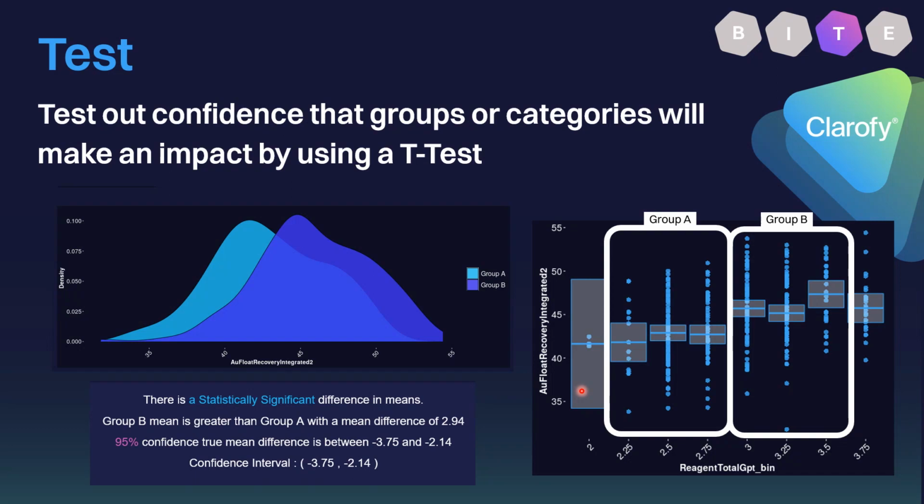Okay, so with t-tests, all we're trying to find out is, when we've got two groups, is the difference between the means of those two groups due to natural noise, or is it statistically significant that these two groups are different?